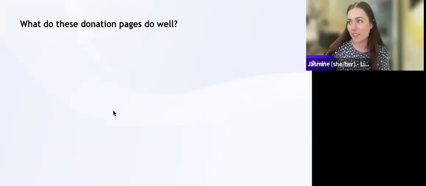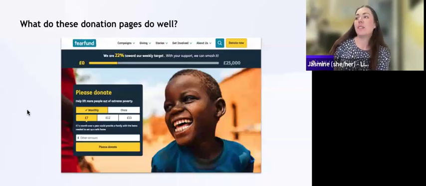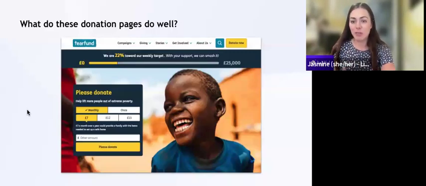But let's look at our first example. So here is the donation page. And I'd love for everyone to post in the chat and let me know what you think of it. So you can quick fire any particular things you think it's doing really well, or anything you think you would personally change or that you don't like. It'd be great to see your thoughts in the chat.